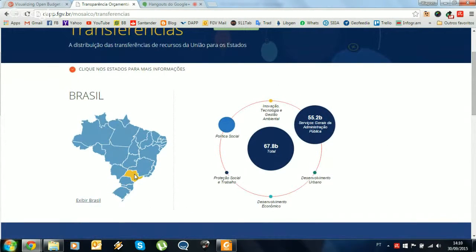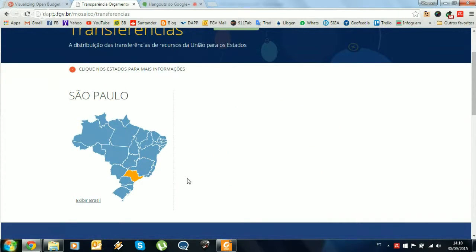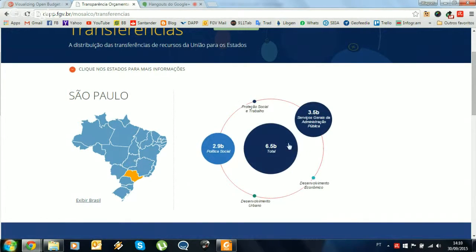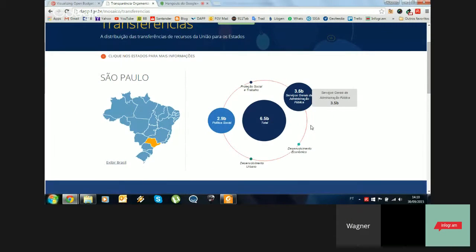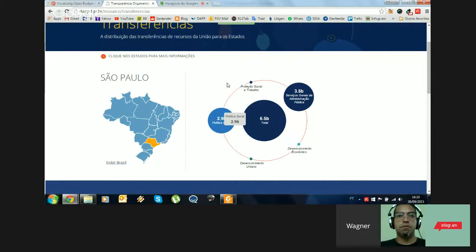If I click on one state, like São Paulo, I will have this distribution, which is how much money was sent from the federal government to the state of São Paulo, distributed in some groups. We have here general services of public administration, economic development, social policy, and everything. Is it okay?